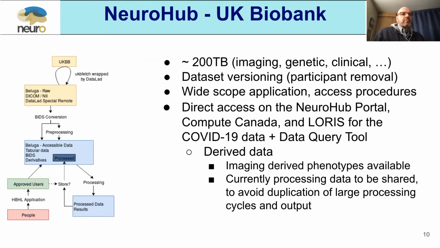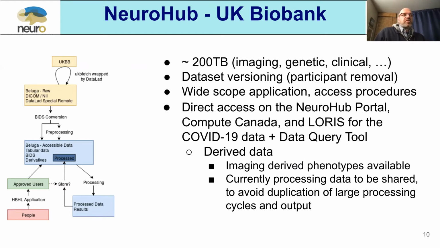So one of the main parts, and just to save time, I'll skip over the prior slide. One of the big things you're going to be getting to work with today is the UK Biobank. As I mentioned, some of you have already accessed it through the allocation that specifically is tied to NeuroHub, and some of you may not. Just for background information, the entire UK Biobank sample that we host within NeuroHub through the agreement represents about 200 terabytes of data.